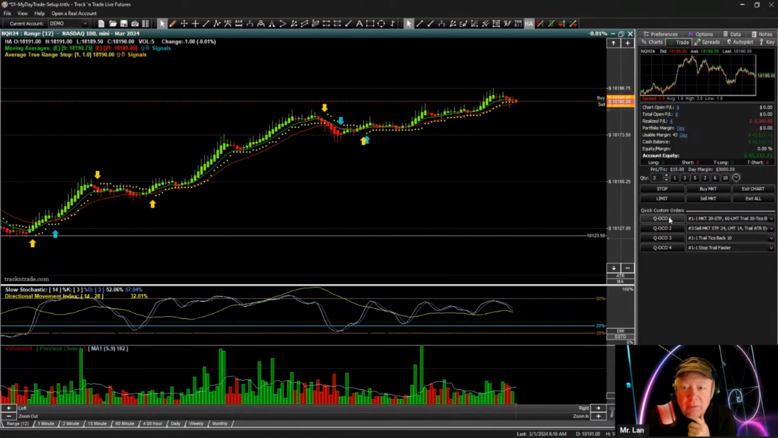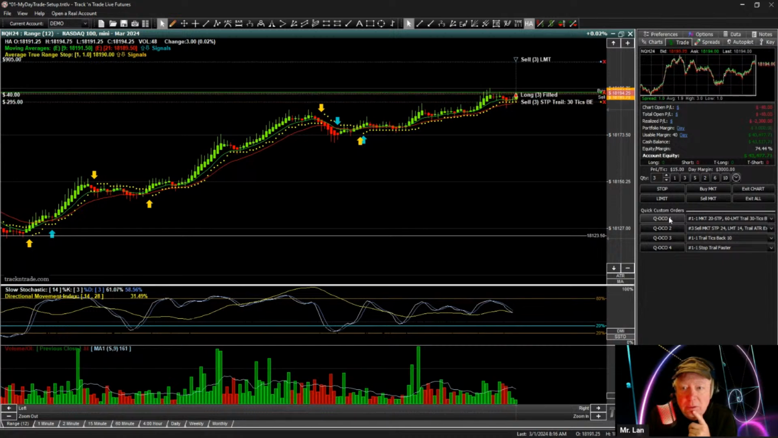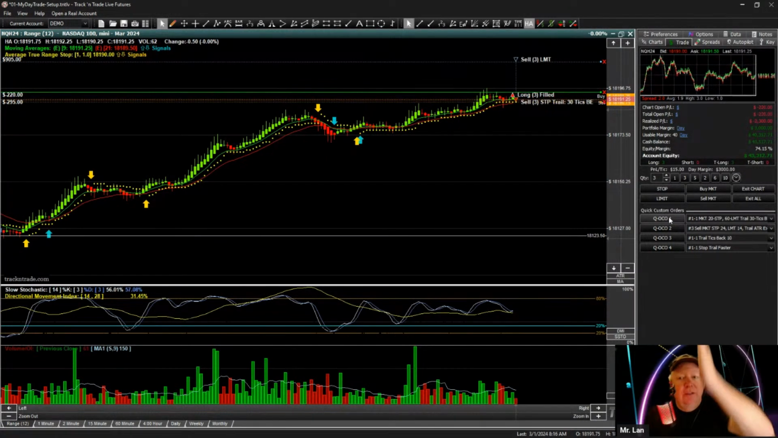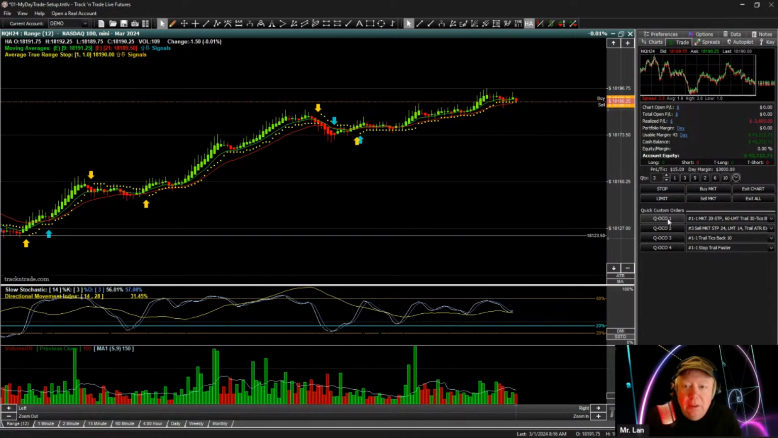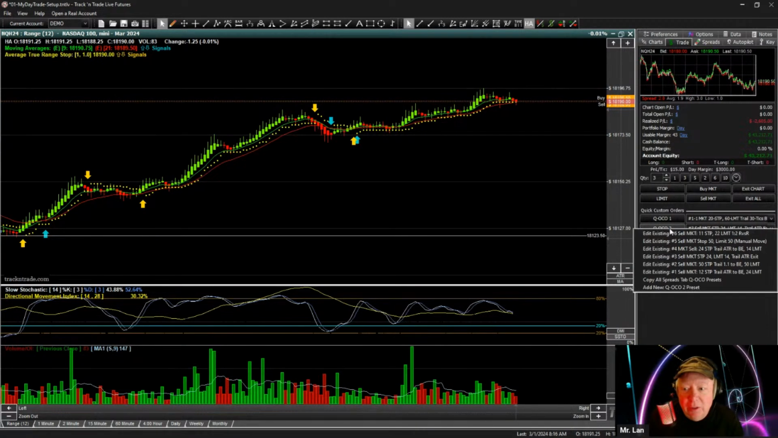Let's try it again. Okay, so it's trailing ticks back this time, not ATR. The thing is, if it takes off and starts to run, we don't have the sell stop, so we haven't set that one up yet. So we have to do that one. So we're going to add